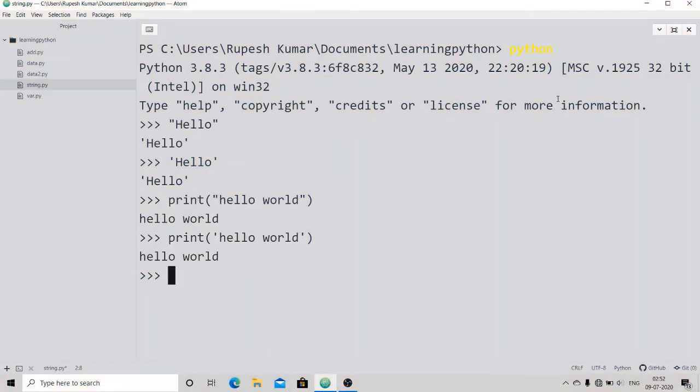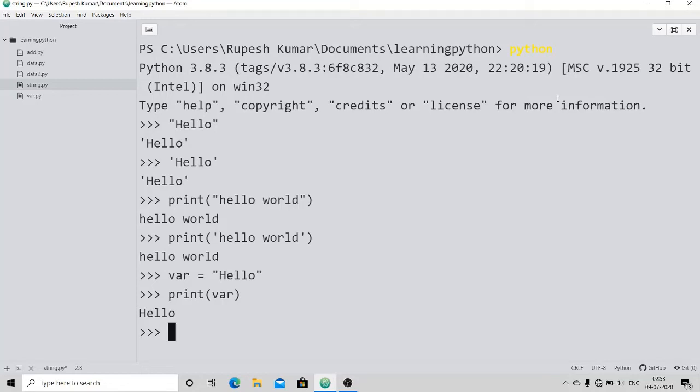Now moving forward, let's discuss how to assign a string to a variable. Suppose I declare a variable whose name is varchar and I want to assign the string hello to this variable. Now you want to print the value, the string stored inside the variable. You just need to write print, and inside the parentheses write the variable name in which you have stored the string literal or string. If you do that, you will get the output hello, as we have stored hello in the variable.